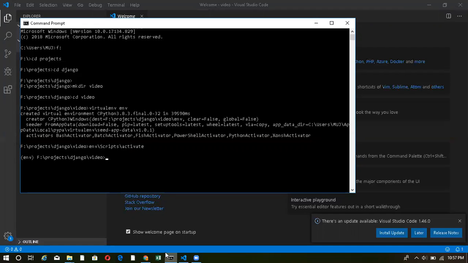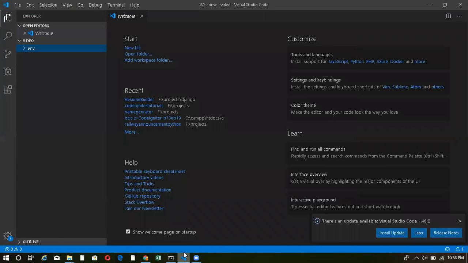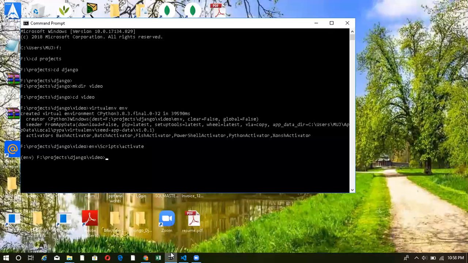So you can see that now we have entered inside the virtual environment, and now we'll start creating our Django project. Before creating a Django project, we first have to install Django into our system. We can install Django using pip install django.